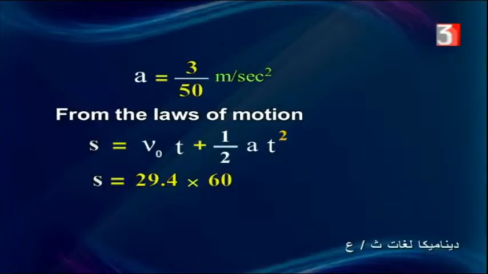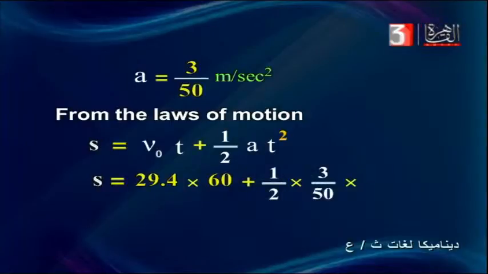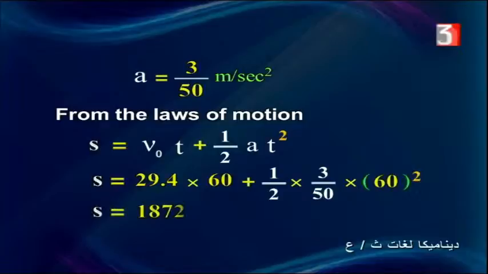Then S equals 29.4 times 60 plus half times the acceleration 3 over 50 times 60 power 2. Then the distance S equals 1872 meter, and we can now